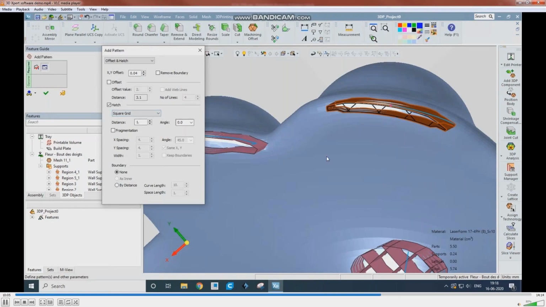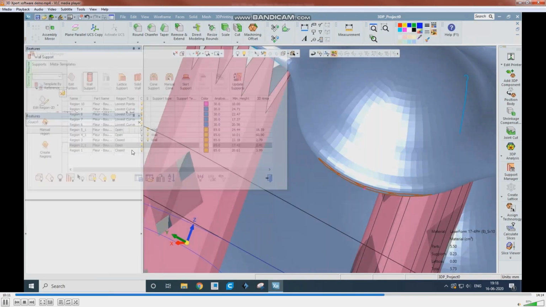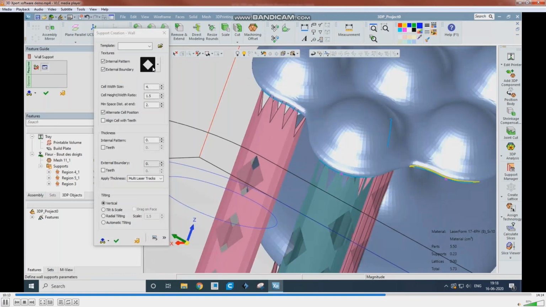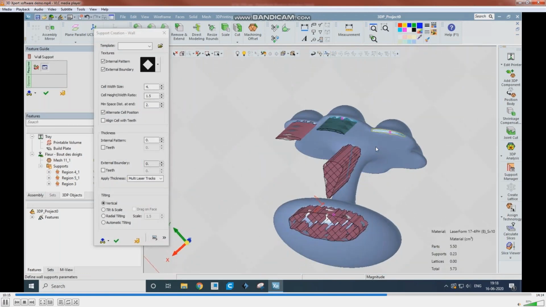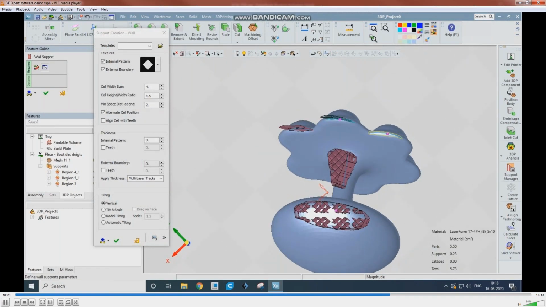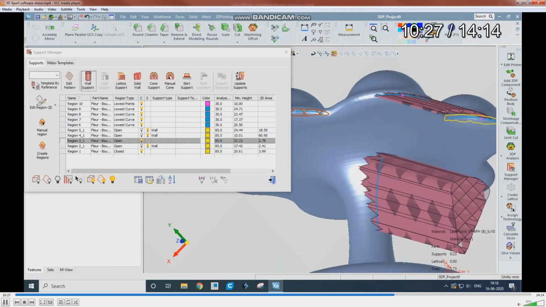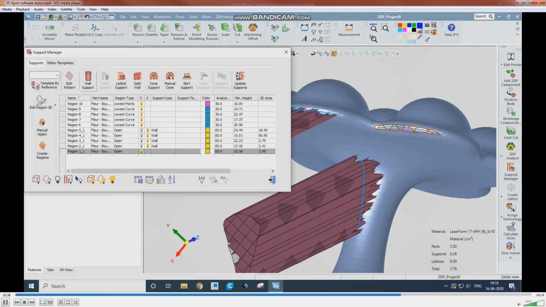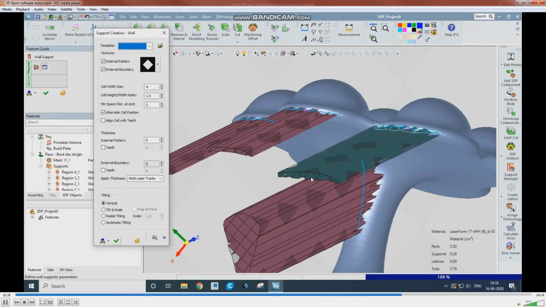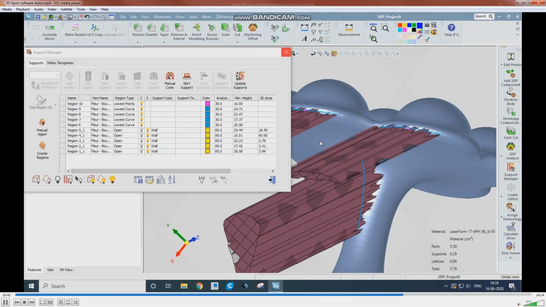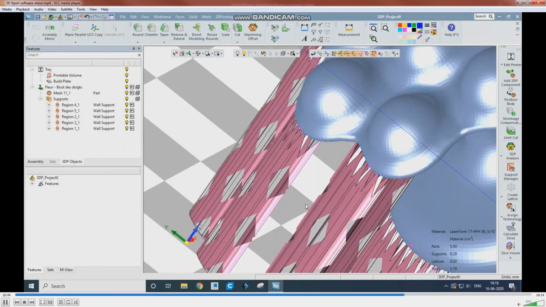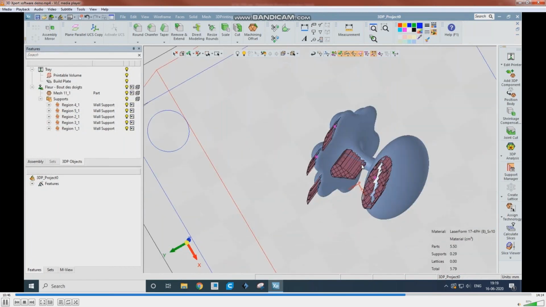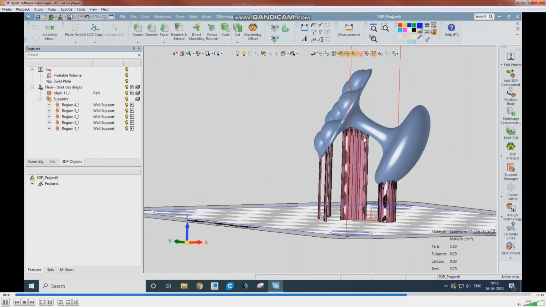Okay. See, the supports are provided with the other sections. Yeah, everything. Now we have provided supports everywhere.